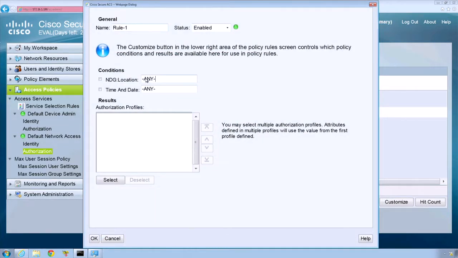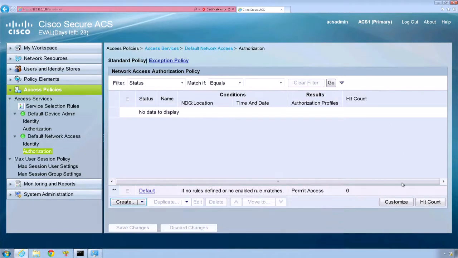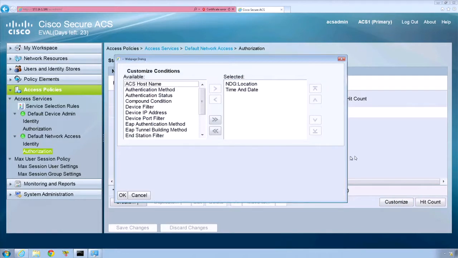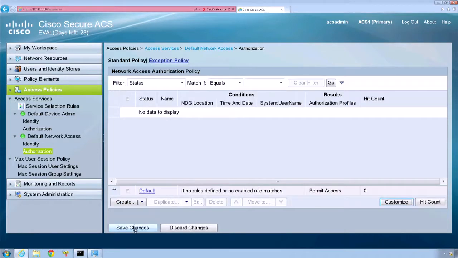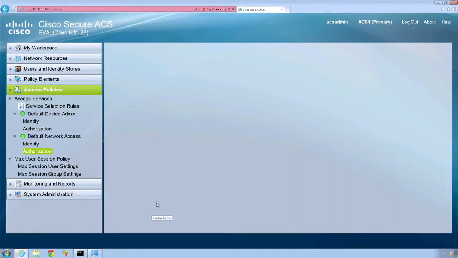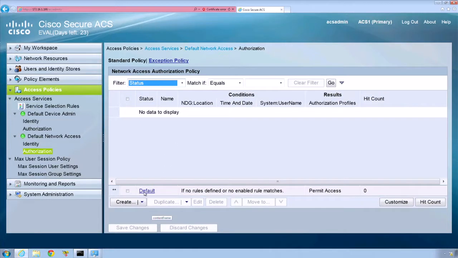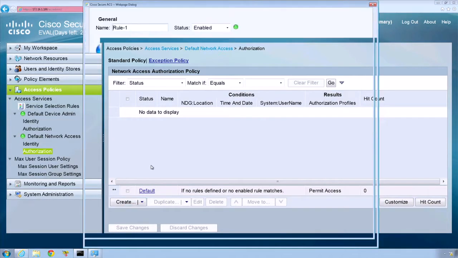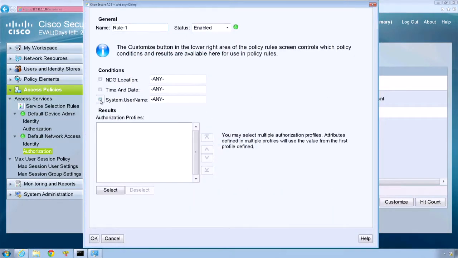I cannot specify anything based on the user. Let's say customize. I want to base my authorization rule on the user being authenticated. So I'm going to add system username, say OK, and save changes. Now I can put the condition in my authorization rule to be based on the username. So I want to say that if the user being authenticated is Auth Proxy,